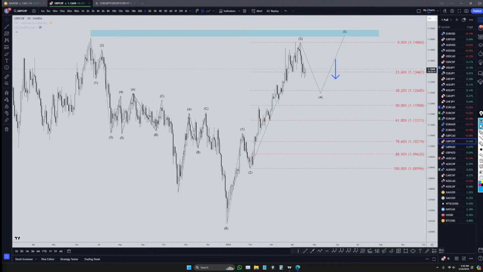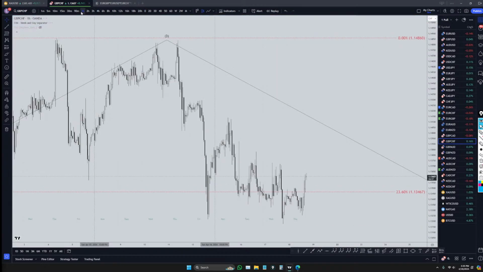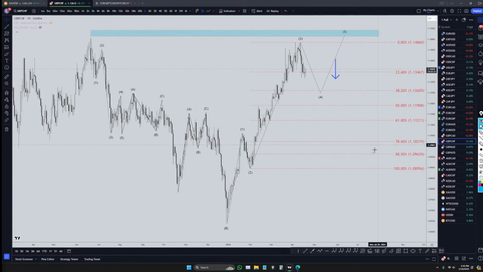I would never want to limit myself to a 2-to-1 or 3-to-1 risk to reward ratio when potentially you could sometimes get a 10-to-1, 12-to-1 risk to reward ratio pretty easily. So I never limit myself to how much I can make on a trade. I always let the market tell me how much money I can make on a trade.